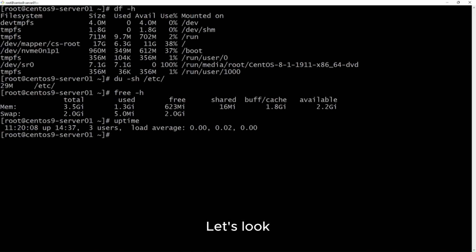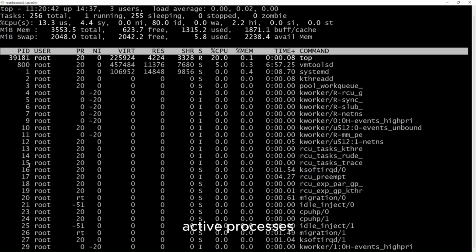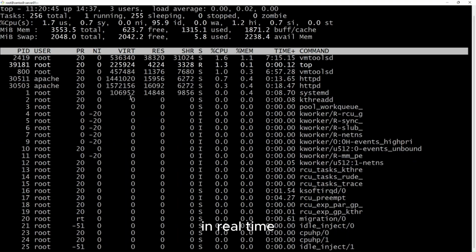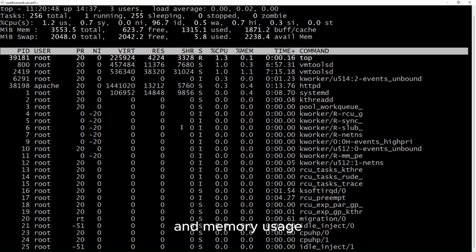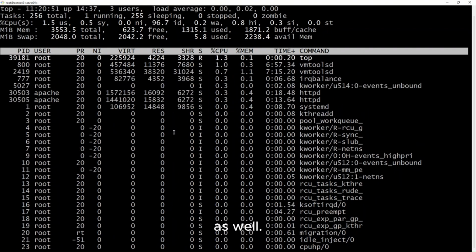Let's look at how to see what programs are running and how to stop them if needed. You can use top to see active processes in real time, showing CPU and memory usage as well.